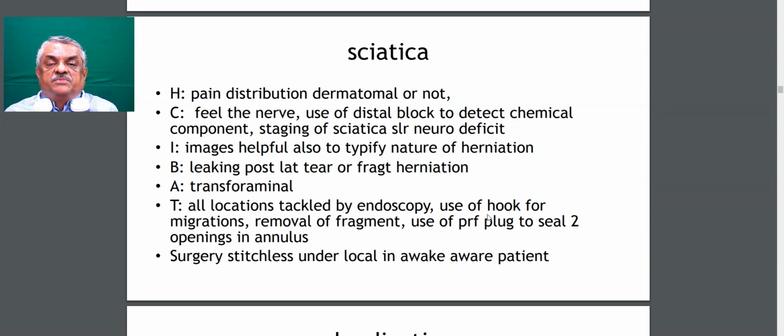Now this is a plug which is made by 15 cc of blood taken from the patient, put in an autoclaved plain tube and centrifuged at 3000 rpm for 10 minutes and made to stand for 10 more minutes. At the end of 20 minutes you get this plug. There are no extra chemicals or anticoagulants or any other thing which is added to this, and this is something which costs as little as 10 Indian rupees. So it is one of the best solutions. It's an autograft. You take the blood from the patient himself.